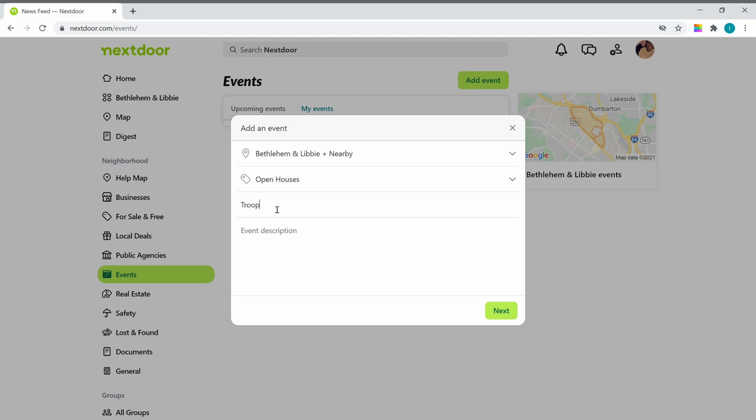Choose what type of event it's going to be. Event title. I put Troop 123 Open House. And then you can put an event description. And then once you're done with the event description, you're just going to go ahead and click Next. And then it'll take you to the next page